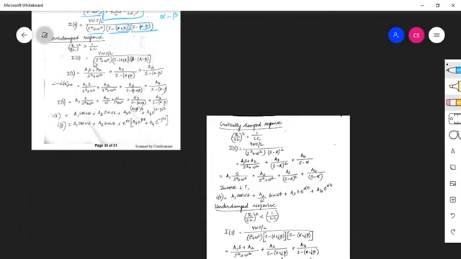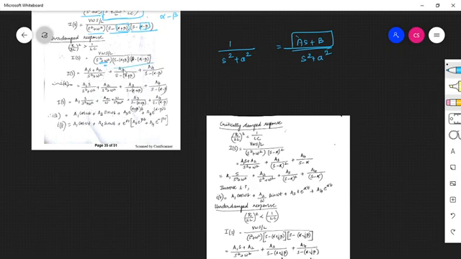So therefore, while taking partial fractions, we need to observe the denominator. If you see the first term, it is s square plus omega square. So for such a term, it is a1 s plus a2 by s square plus omega square. When you take partial fractions, if we have 1 by, for example, s square plus a square, we'll write it as (A s plus B) divided by s square plus a square. That is what we have written here. Instead of A and B, we have written it as a1 and a2. So it is a1 s plus a2 divided by s square plus omega square.